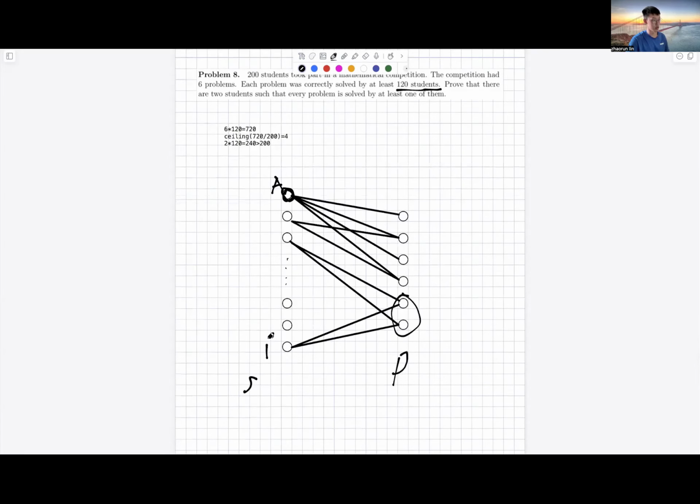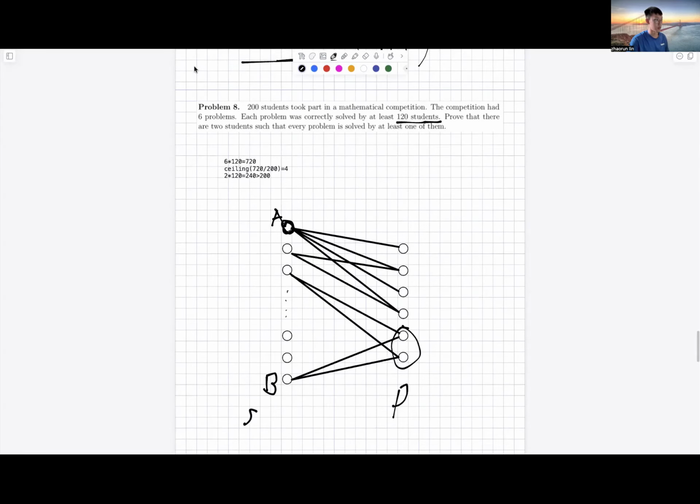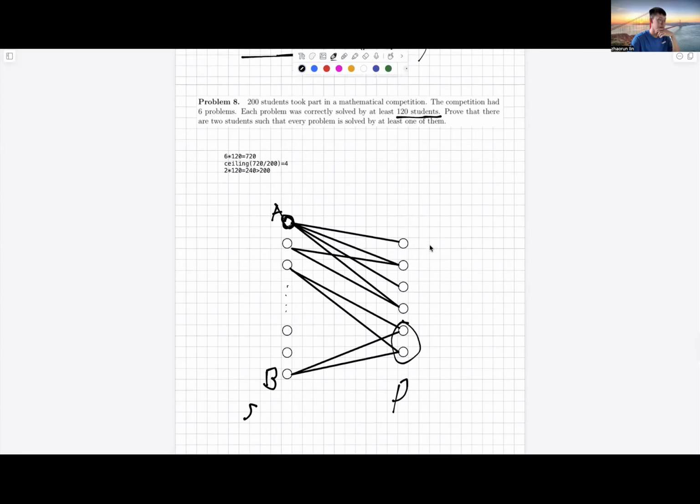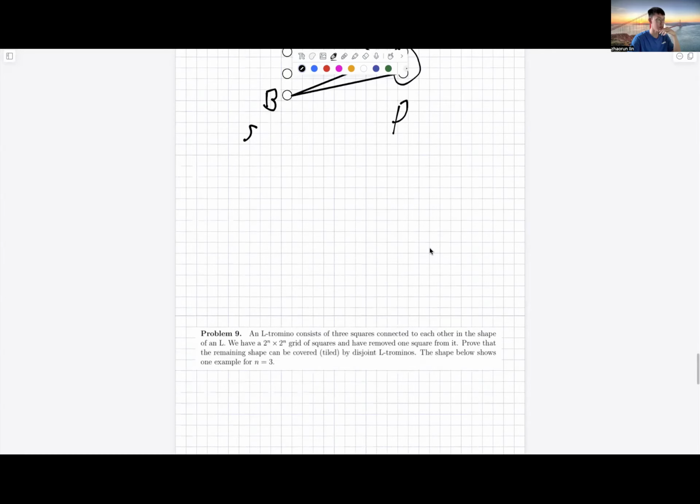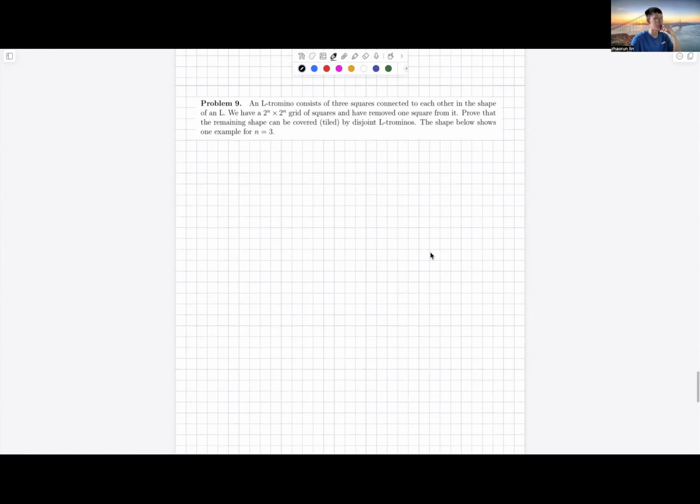So we take these 2 students, A and B, and they solve every problem. Okay, so do you understand this part? Okay, so let me go to the next